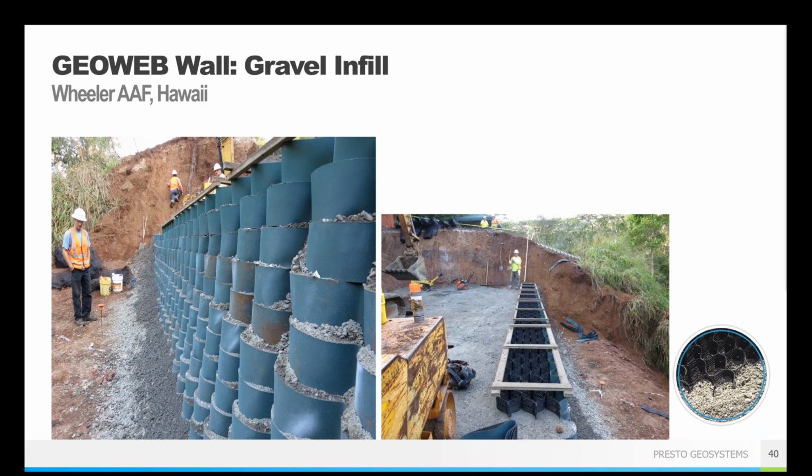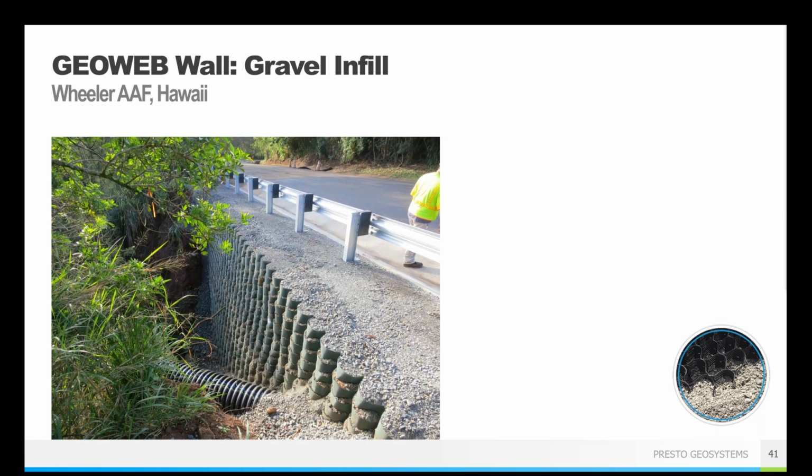In this case, they did install some of those guardrail posts at the top, and then were able to pave the road on top of that as well. They also put in a large diameter drainage pipe. You can see that corrugated pipe coming out at the bottom of the picture. That was something that they put in for extra drainage behind the wall, because they knew they had drainage concerns, because this had been a washout area prior to installation.